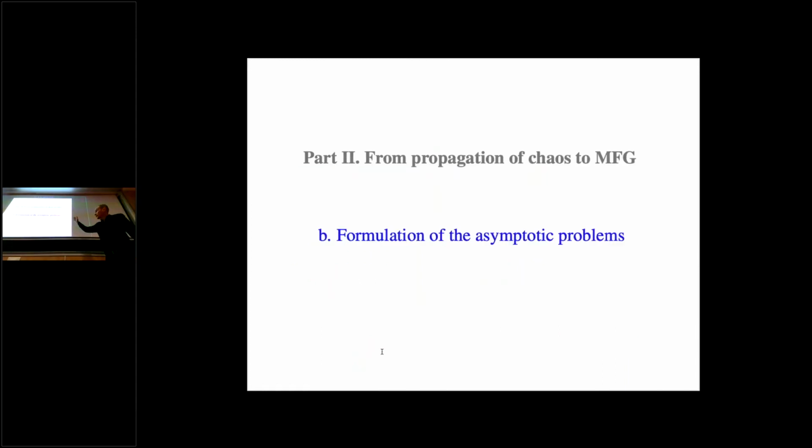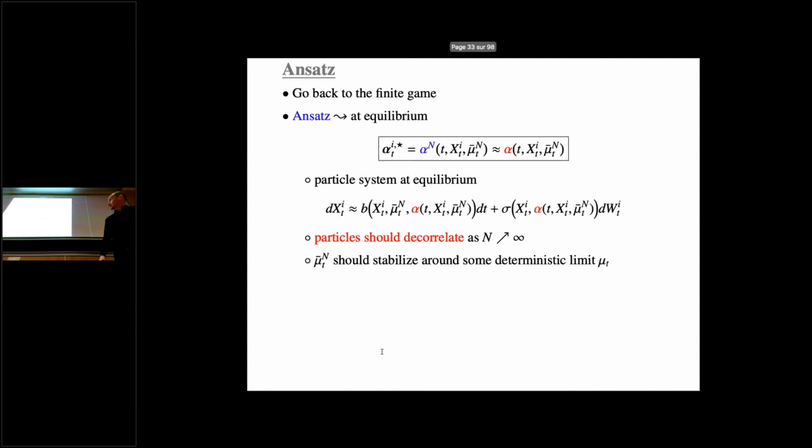This is when there were no controls in my problem. Now let me restore the presence of the control, which is exactly what I want to do. What is the guess? I'm coming back to the mean field games, to the game. So now there is really an optimization layer. And what I'm going to say is not a proof. This is a way to derive intuitively what should be the asymptotic formulation.